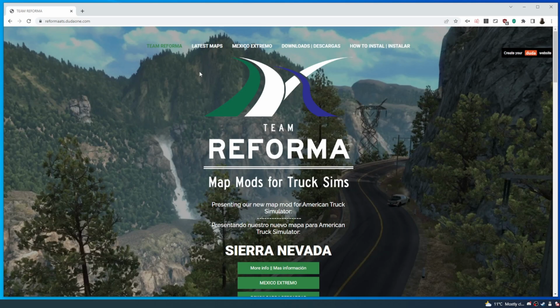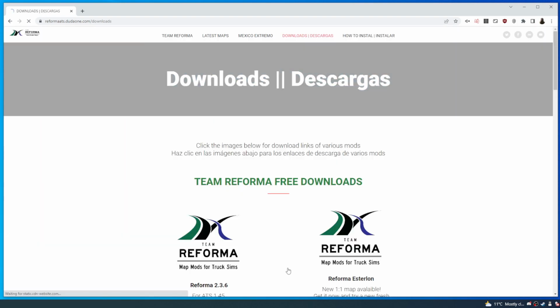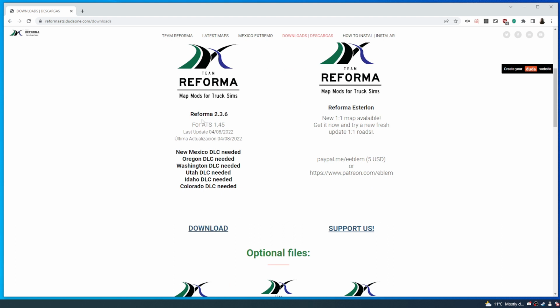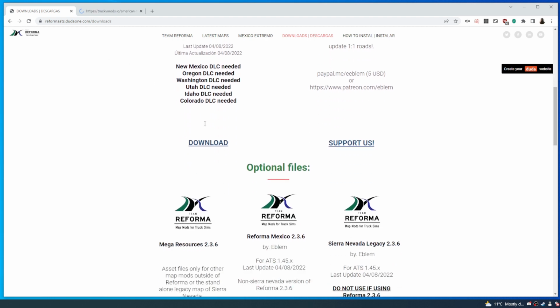Second step, Reforma. So, as you can see here, I will leave links. And then here, downloads. So we go for this one, Reforma 1.45. And there is a standalone one, but yeah, we go for this one. So we hit here, download, and then